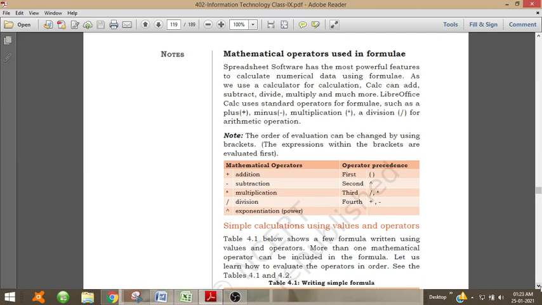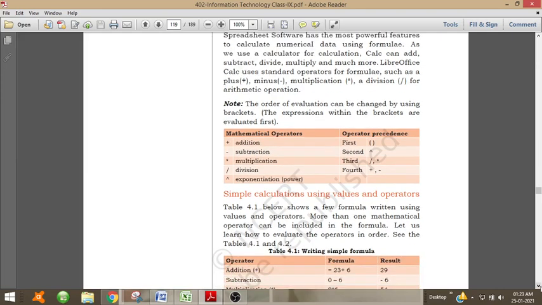Now, the mathematical operations used are: for addition plus, for subtraction minus, for multiplication star, and for division slash is used.